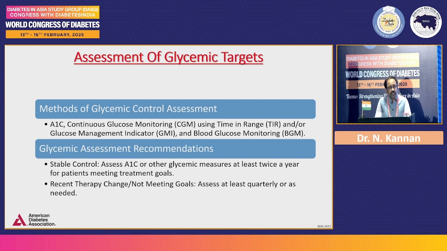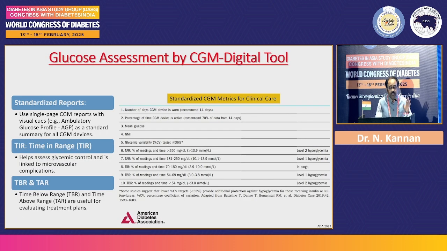So these are simple things we can do: we can educate the primary care consultants about the concept behind CGM, because with CGM you see the importance of higher glycemic variability, and they can also easily identify whether a patient is going into hypoglycemia, which is one of the markers for microvascular complications. This is the glucose assessment.